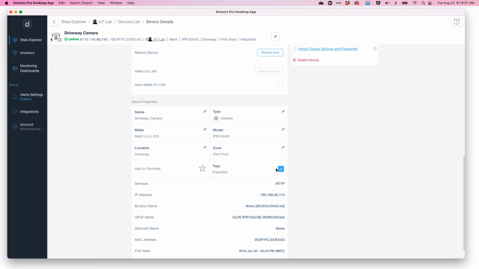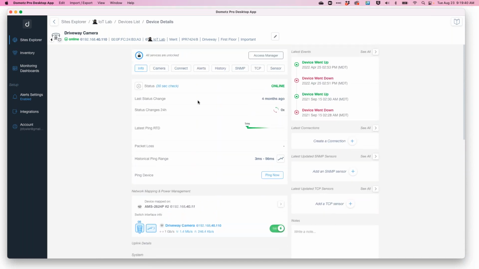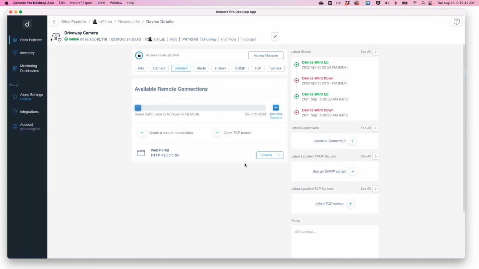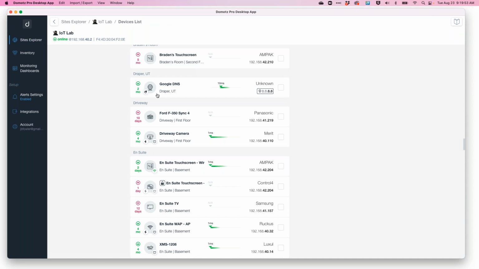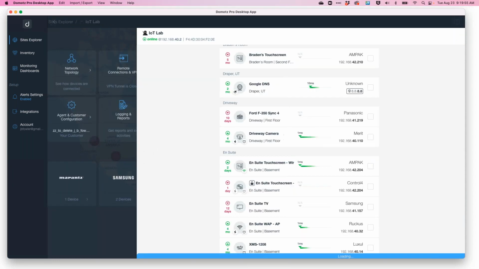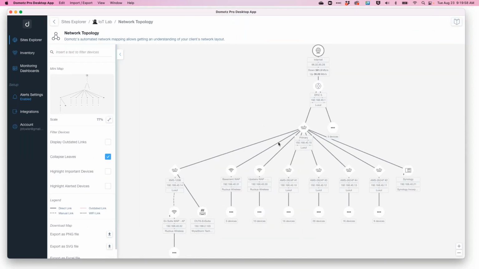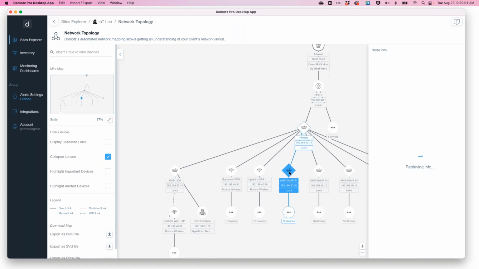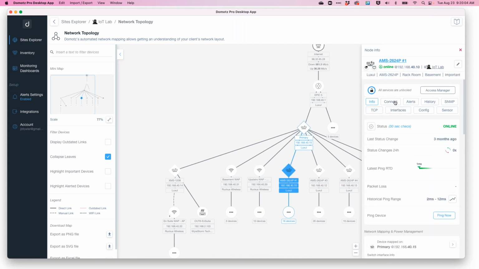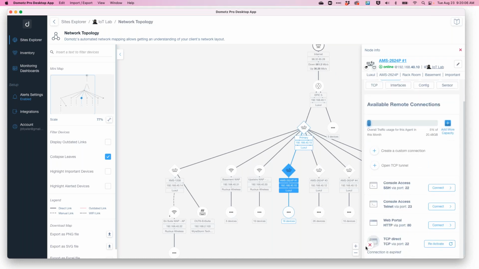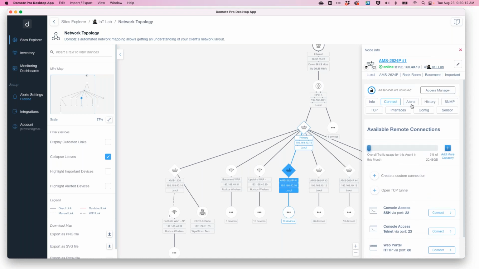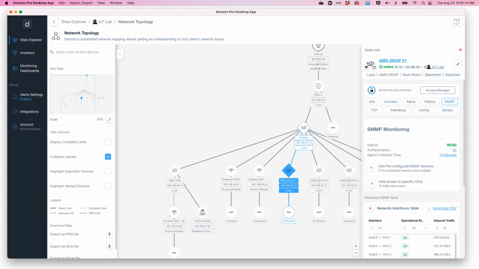At this point, we're looking for common services, things like SNMP, HTTP, SSH, Telnet, things that are being used for management. The reason we do that is so that we can remotely connect into those devices and manage them as appropriate. When we look at network infrastructure devices, okay, we start to interrogate those things further. The reason we do that is because we want to not only see which ports are available for managing the network switches, the firewalls, the access points, but we also want to look for things like SNMP,